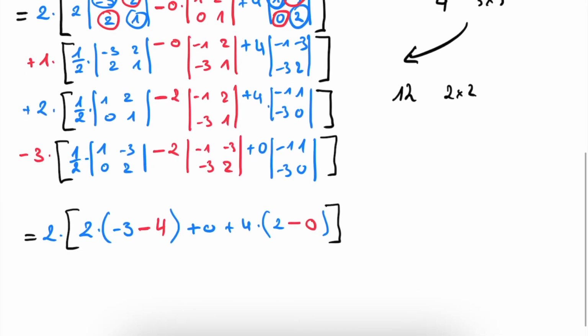Let's go to the next term. So we have this plus 1 in front of it. So we have plus 1 times. Then we get, of course, our 3 determinants that we have to calculate. We don't forget this 1/2 in front of it. So we have 1/2 times